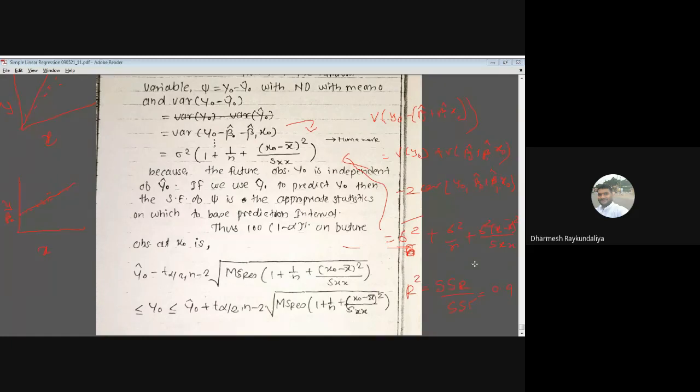But the leverage point is obtained by the ith diagonal value of the hat matrix. And the hat matrix you have seen already, the projection operator P. P is equal to X S-bar X dash. Instead of that, we define the hat matrix as H = X (X transpose X) inverse X transpose, taking the inverse in place of S-bar. So this is giving the hat matrix, and if you take the ith diagonal value, it is giving the leverage point.